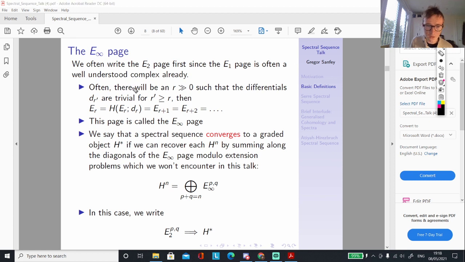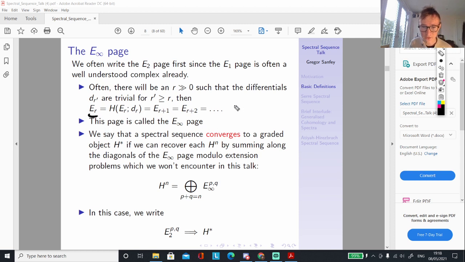So normally there'll be an r much bigger than 0, such that all of the differentials d_r' will be trivial for r' bigger than or equal to r. And yeah, on the picture I just showed before, that's what it will look like. And when this happens, okay, let's see what will happen. So the homology of E_r is going to be